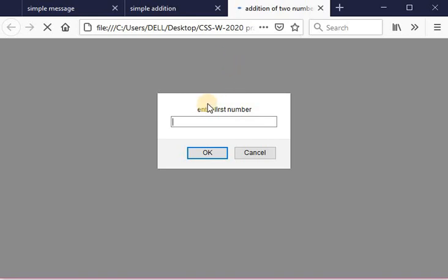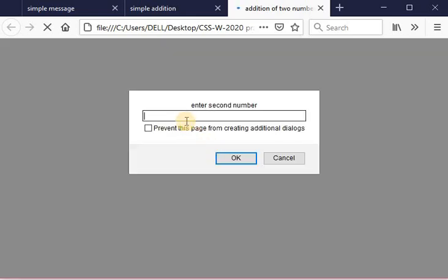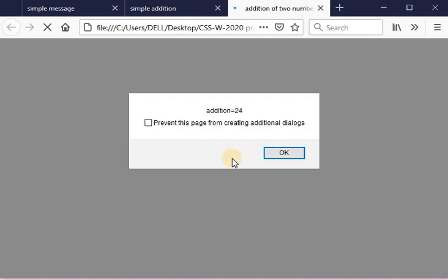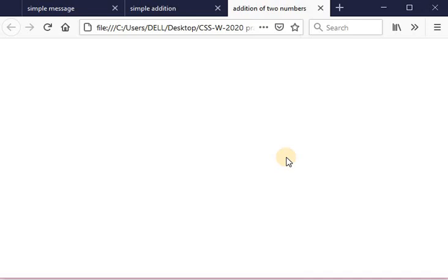This is the output of our program. Enter first number. Suppose I am taking the first number as 12. After that enter the second number. Also I am taking 12. And after clicking on OK, it displays the alert box, that is addition is equal to 24, on the web page. This is the output of our